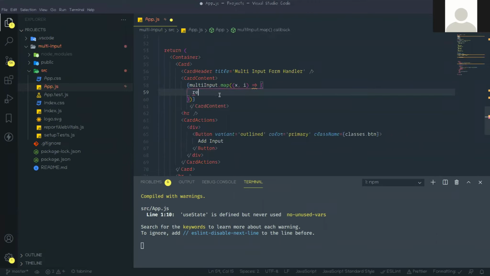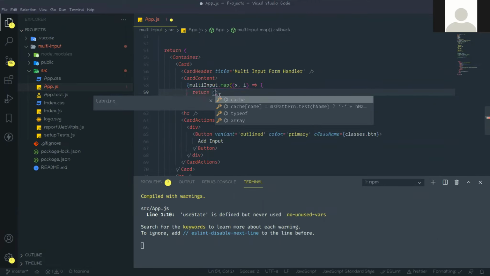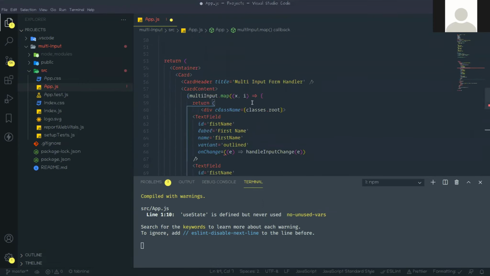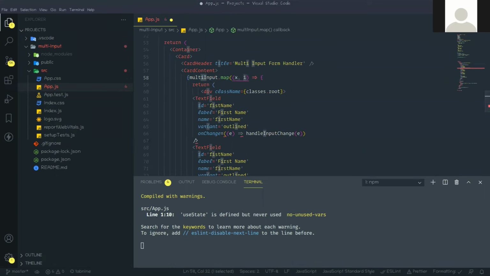So return, and inside this return, paste it. So this i is actually the index and x is actually the value. So for this handle input change, this will take two props. First one is the event, another is i.